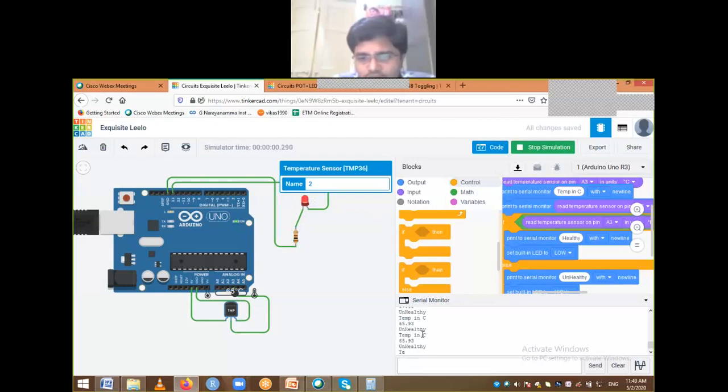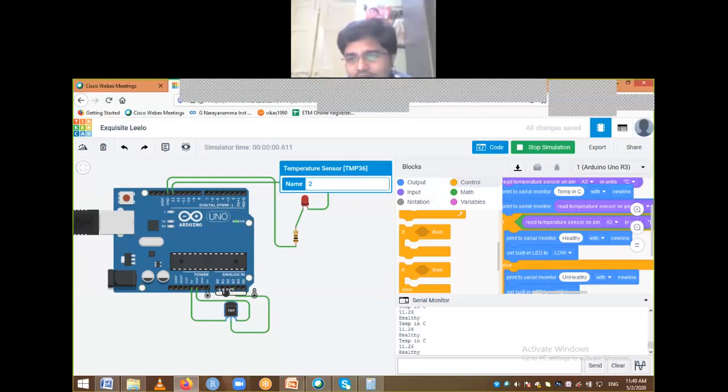See here, temperature is 65.93, unhealthy, and the LED is glowing. Okay, when I make it down, it's not glowing. So can I think of any application for this circuit at present?